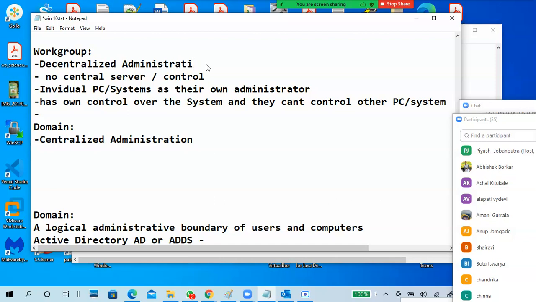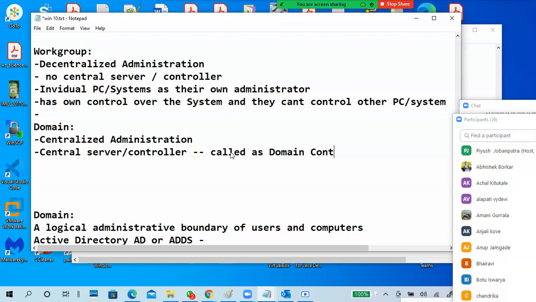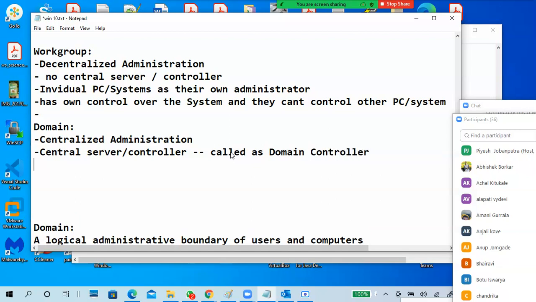There is a central server or control. What do we call the central server which controls your domain? Domain controller, server name. This is the domain controller.